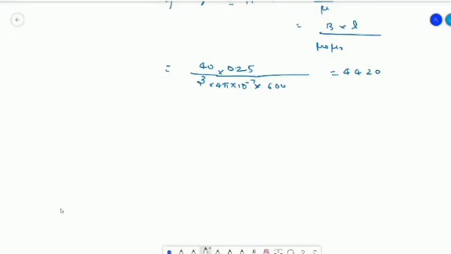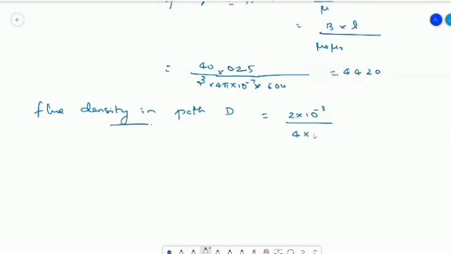So going back to the flux density, in any of these parallel paths you can take into consideration, either the path D or you can take the path C. So this will be how much? So we know the flux that is flowing through the path D. So it is directly given in the question to be 2 milliweber, and the area of cross section, it is again given, that is 4 into 10 to the power minus 4. That is 5 Weber per meter square.